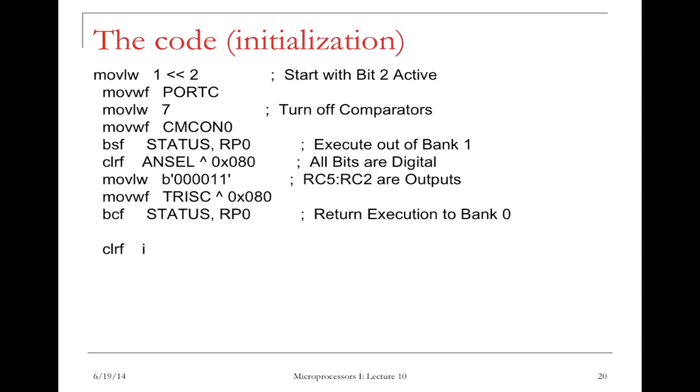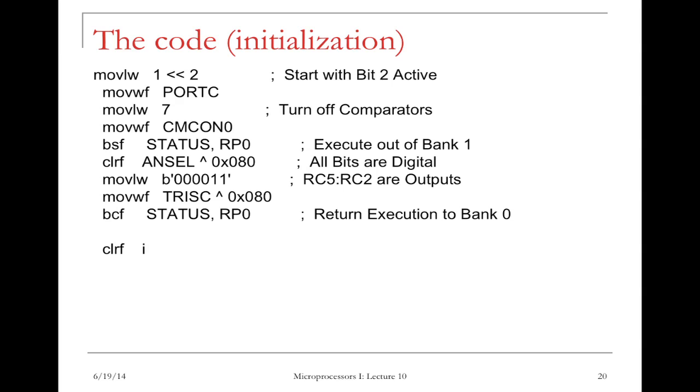Right? Then we're going to put 7 into W. So that is 0, 0, 0, 0, 0, 1, 1, 1. That's 7. Then we have this pound 0. We're going to put the same number into this